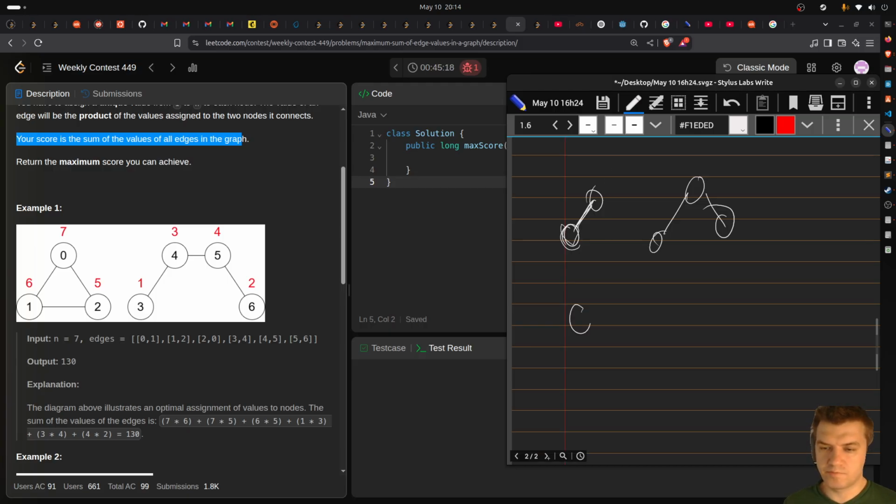Let's say there are disconnected vertices. There is no edge, and whatever we assign to this vertex,